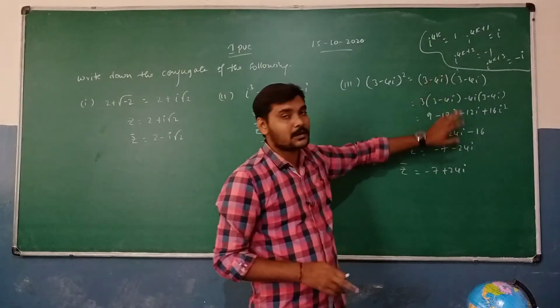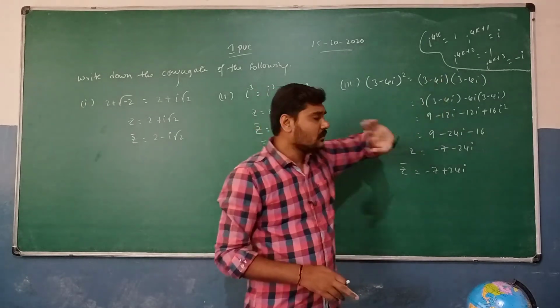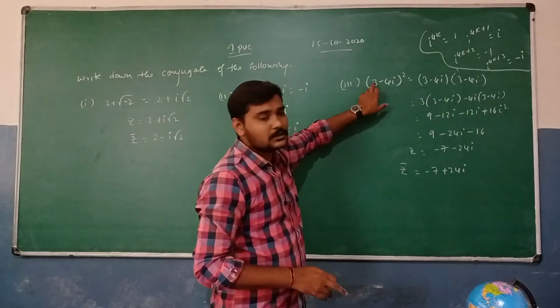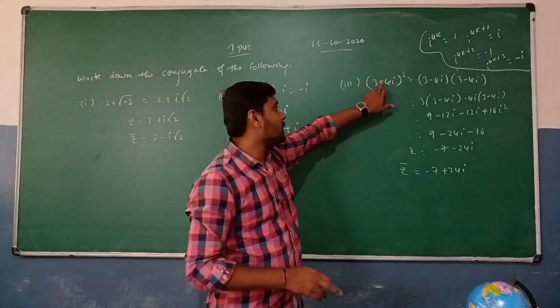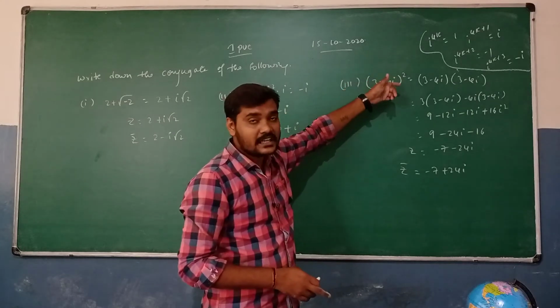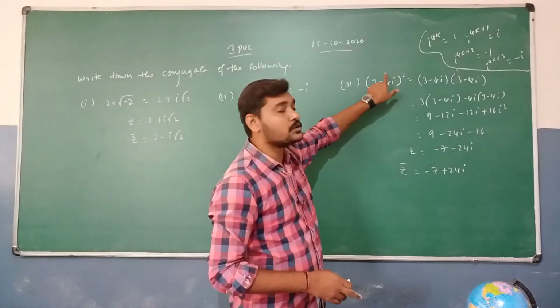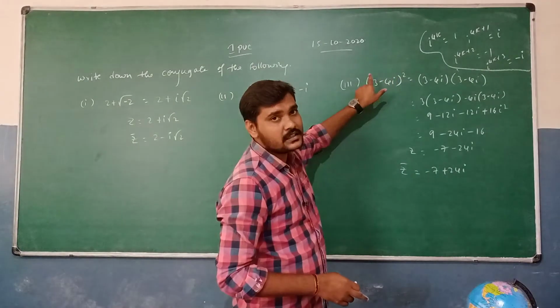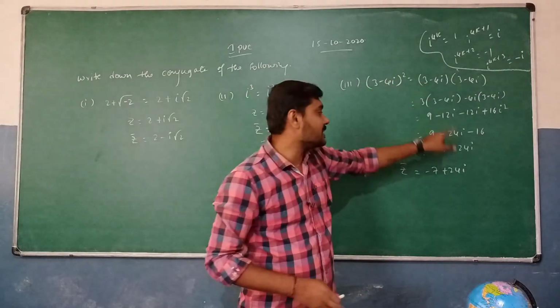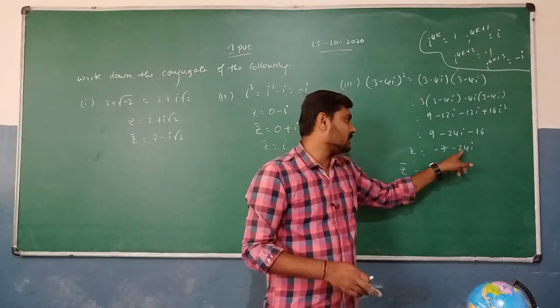According to that one, we have solved it. Or you can solve it directly: 3 square, okay, plus 4i whole square. Then it's going to be minus 2ab minus 2, that's going to be 6. 6 4s are 24, minus 24i, we can write it like that. Okay? So that is how our value comes.